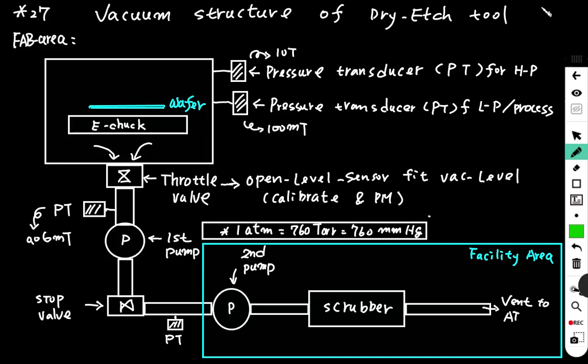Hello everyone, we are going to talk about the vacuum structure of the dry etch tool. Now we are going to talk about the dry etch tool, the dry process, the etch process. This is the fab area